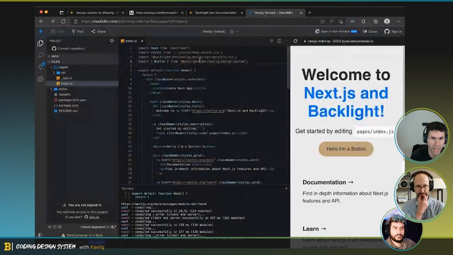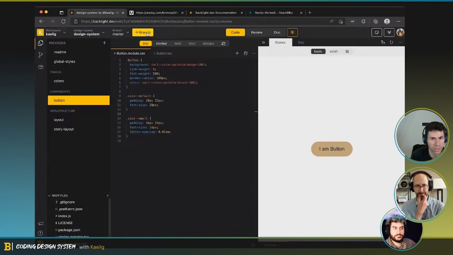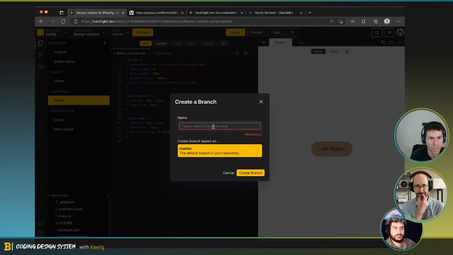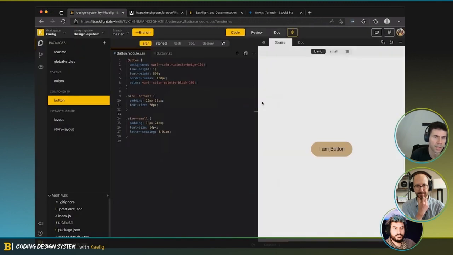So in situ of that, this will basically replace this as you work in Next. And you can do that by working on a branch. So you could do something new on a branch and work on your design system and get the immediate feedback into your Next app without having to release. Sweet.